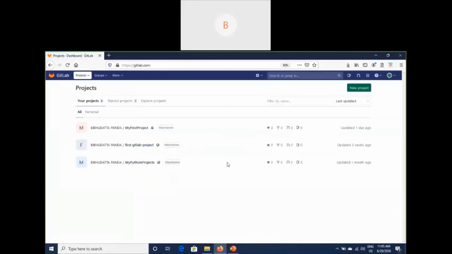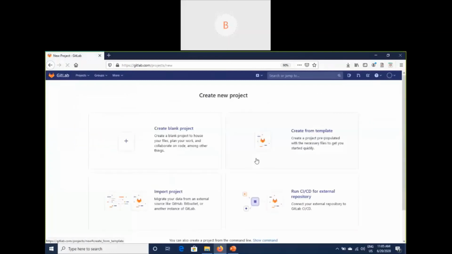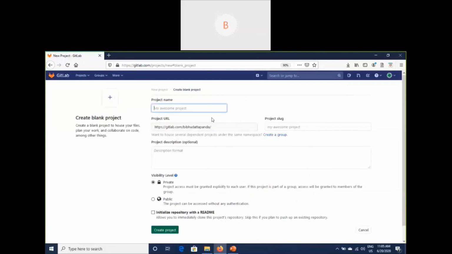After you log in, you will see this kind of UI, and you have the option of creating a new project. So create a blank project. Here you can give whatever project name you want. You can give my first project, my test project.